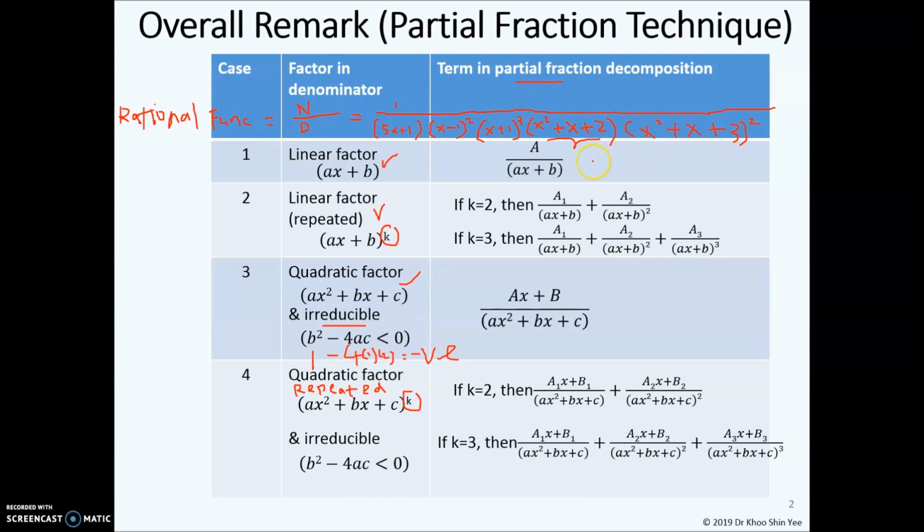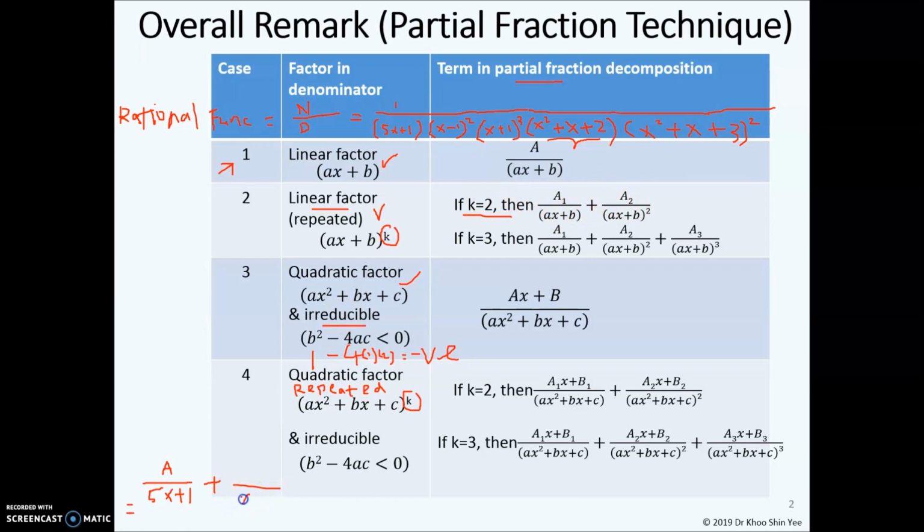So this term can be equal to, let me write it here. 5x plus 1 is a linear factor, so you refer to the first case: A over 5x plus 1. At the top, A is the unknown constant that you are looking for. We continue and look at the second factor, which is (x minus 1) squared. In this case it's a repeated factor, where k is 2, so we have to use this,